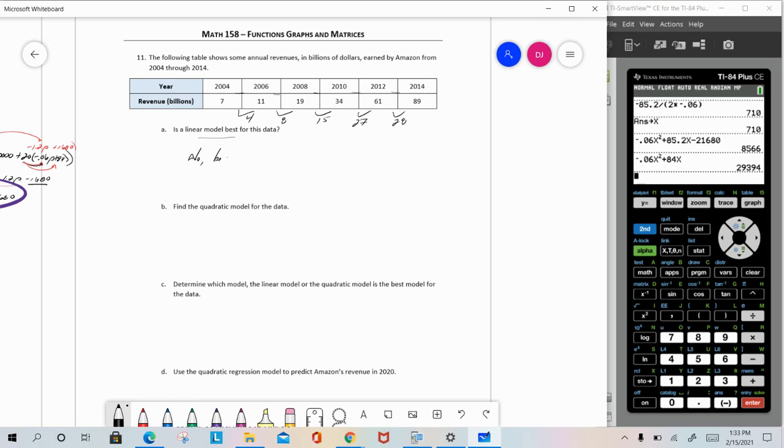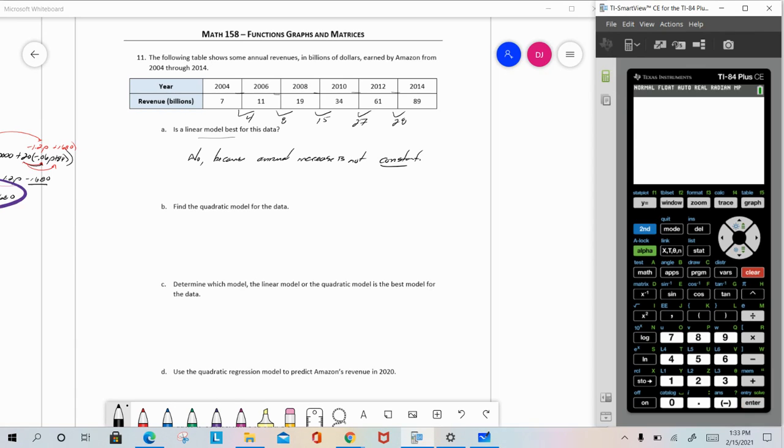No, because the annual increase is not constant. Okay. Now find the quadratic model for the data. If you recall, and I'm going to use the calculator. I'm going to encourage you to use the calculator. Okay. So